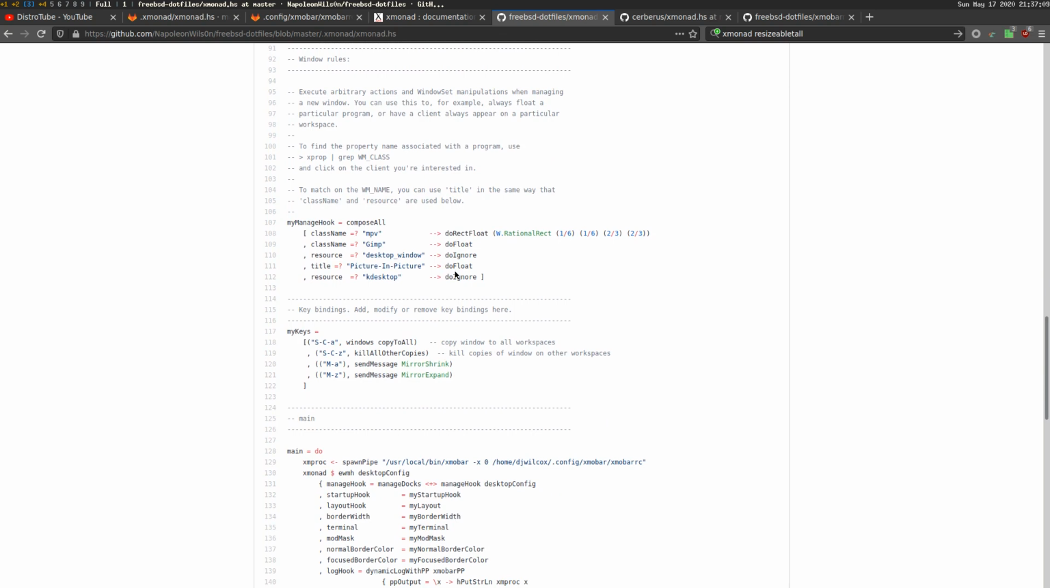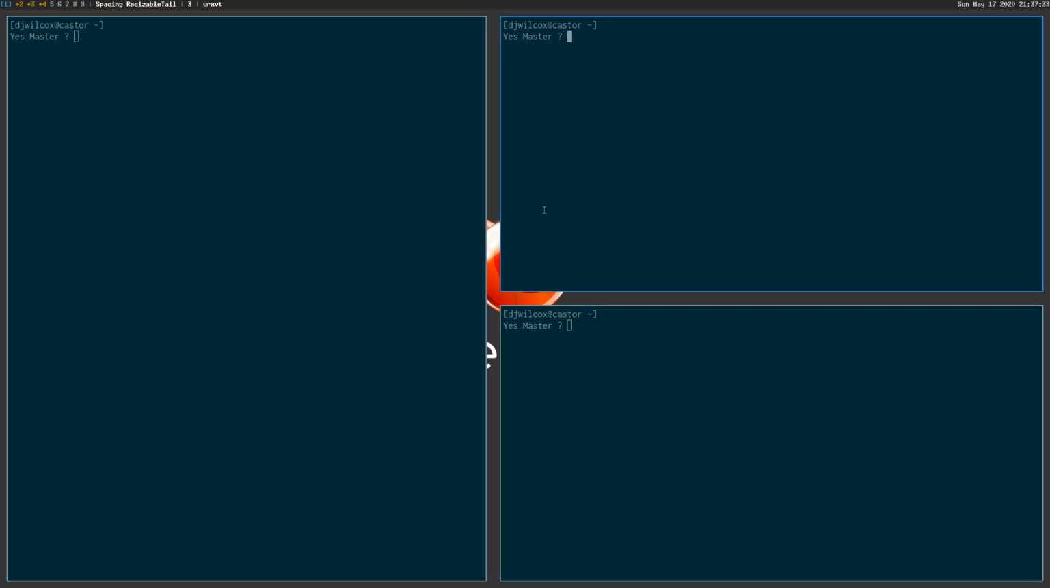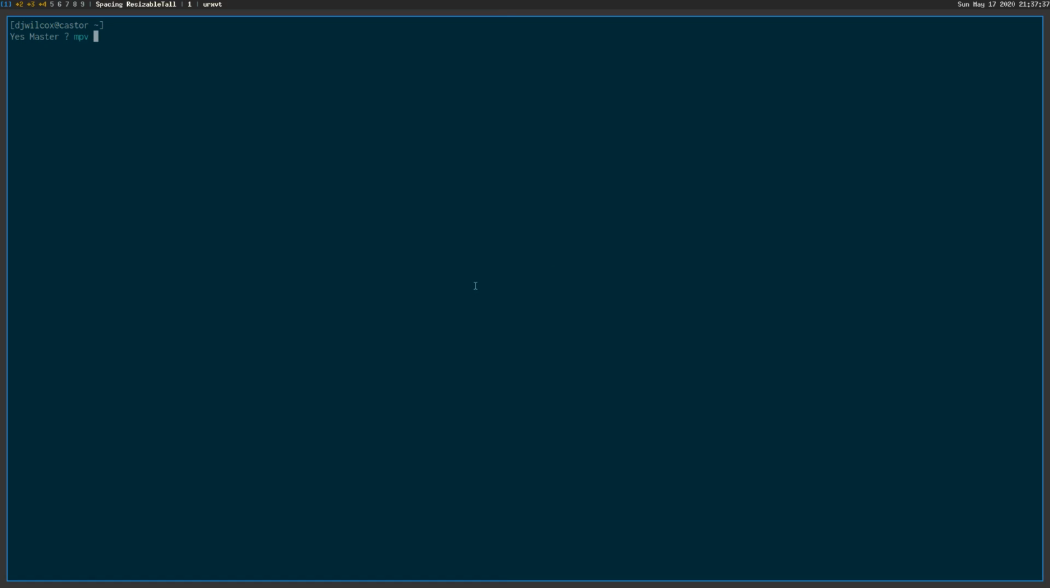Now the next section is the window rules, and these are rules that should apply to particular windows, like for instance MPV or GIMP. And what I've been trying to do is figure out how to set MPV to open at the correct size, because by default, if I open, I'll close these and open a video,